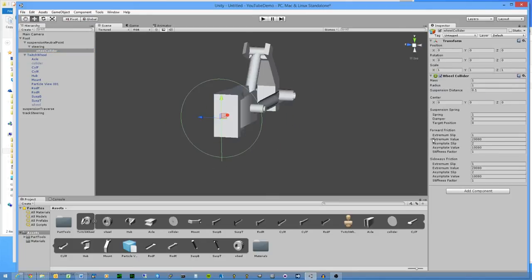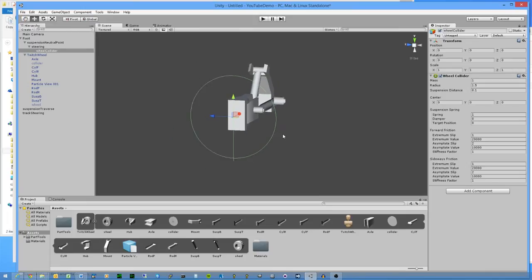So we've got a few things here. Mass, I'm still not really sure what that does, to be honest with you. Radius is fairly self-explanatory. The radius in actual fact only has any bearing on two things. The RPM calculation for how fast the wheel is rotating versus how fast it's moving, and it sets the minimum